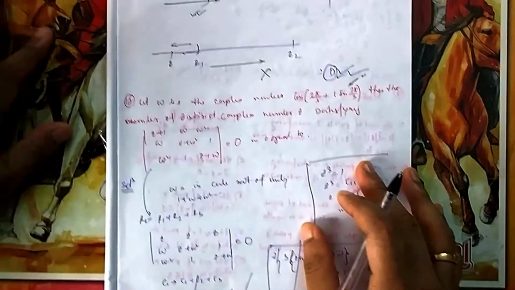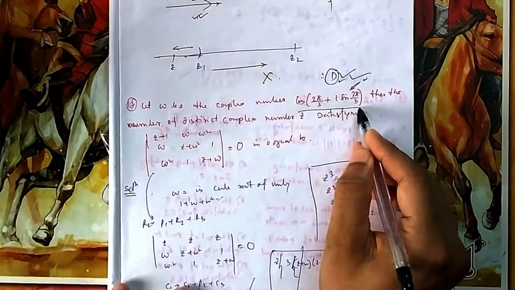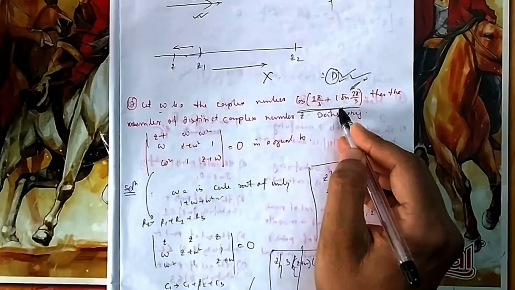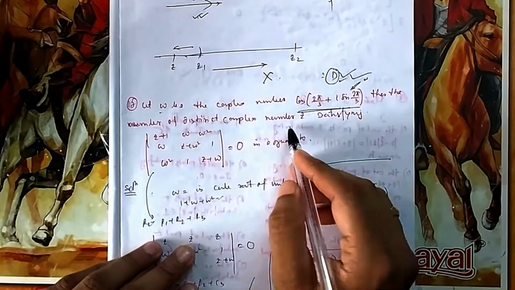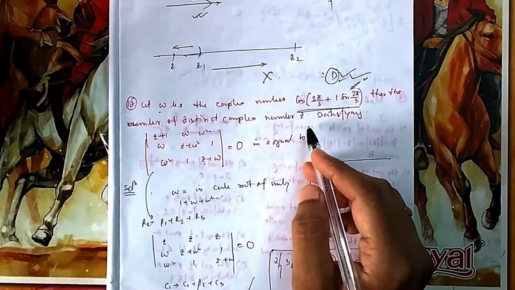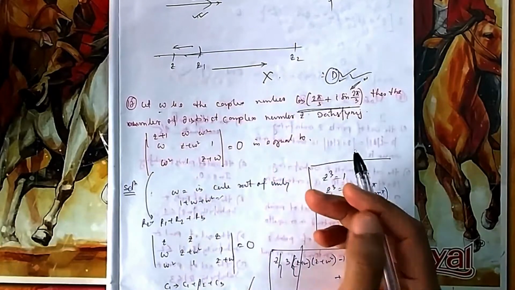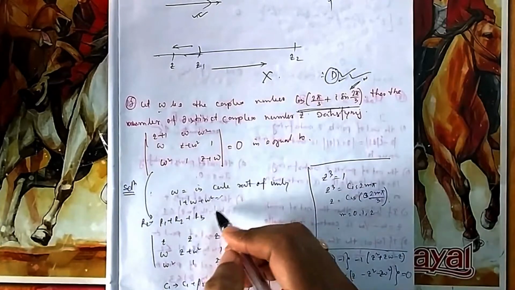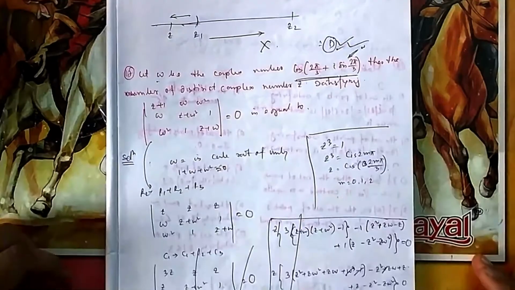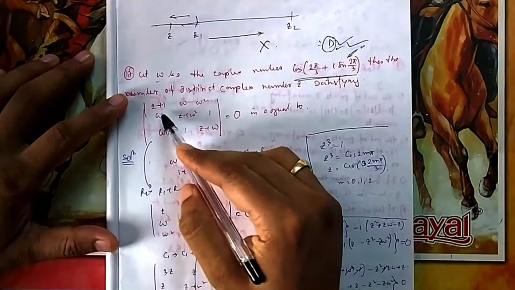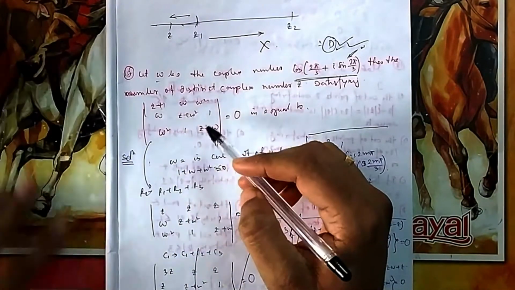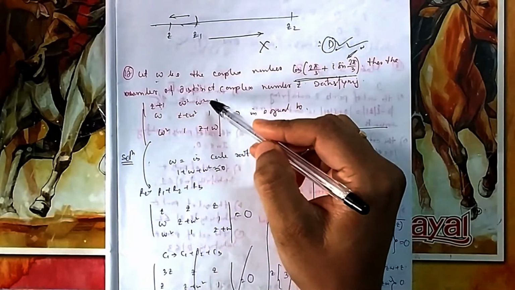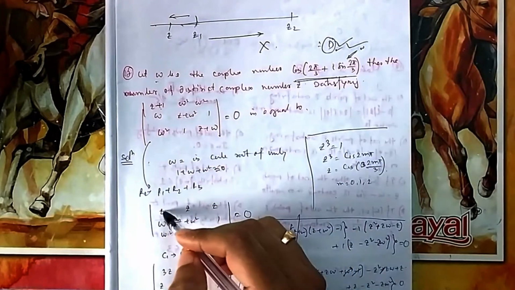Now if you come to question 17, let w be a complex number, this one, which is omega; they have directly given it and I have marked it. Then the number of distinct complex numbers z satisfying this determinant equal to 0, how many can satisfy it? Here omega is the cube root of unity, you can find it by seeing this. You know 1 plus omega plus omega square is equal to 0. If you add these things, 1 plus omega square will come in there, so all that will be 0 and only z will remain.